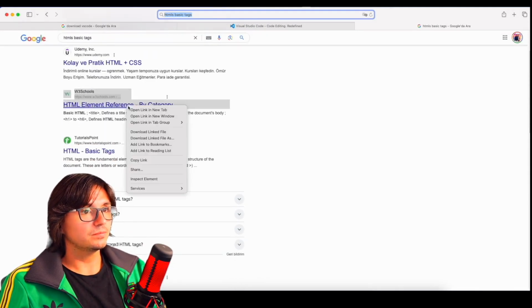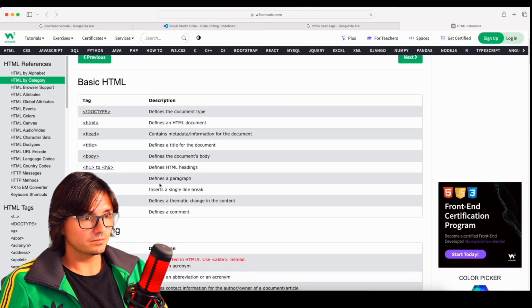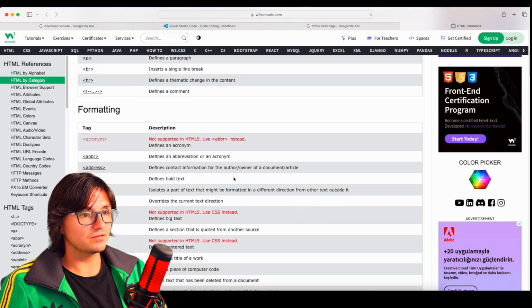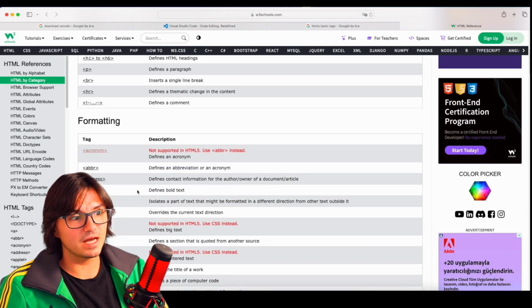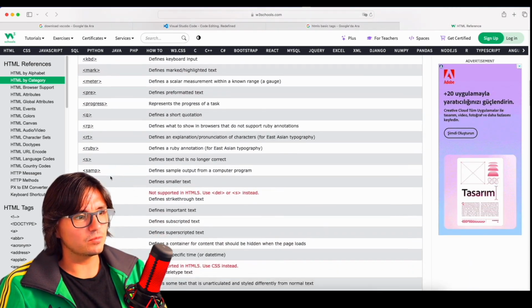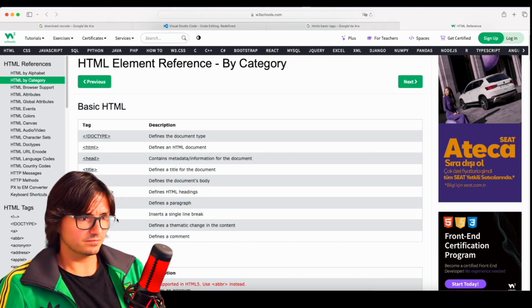So. Once upon a time, this school helped me a lot too. W3Schools is very good. Here, everything is well described and the main tags are here. Honestly, I'll say there are many tags, even ones I don't know, haven't used. Well, there are a lot of them. You need to start with these basic tags.